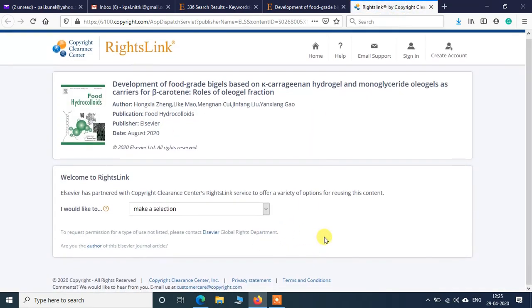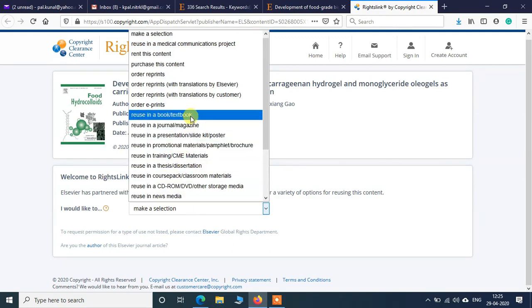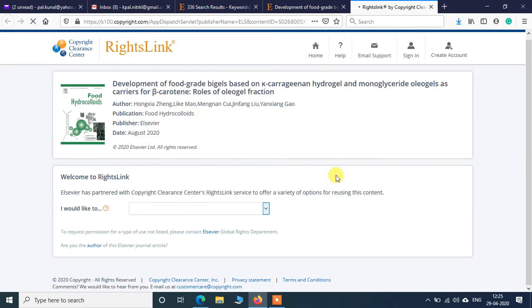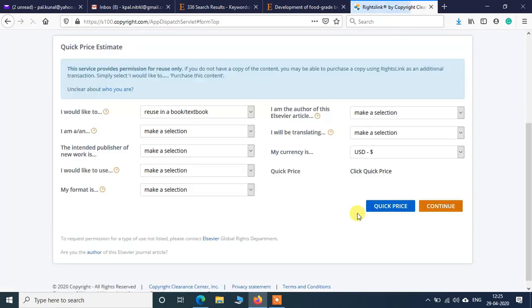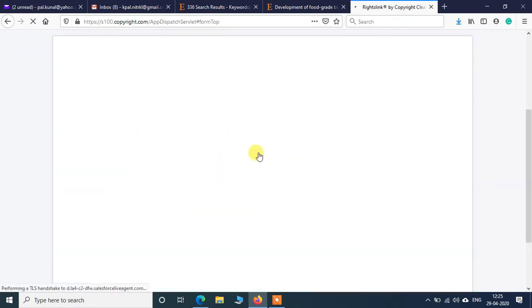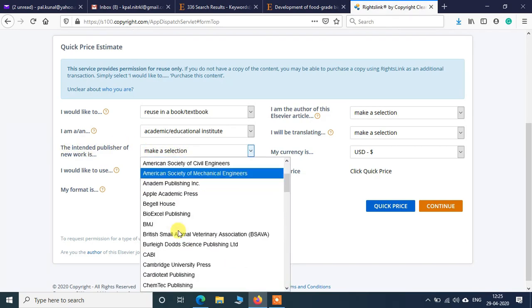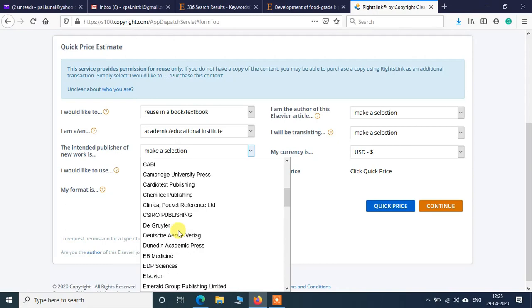A new page opens. Then you have to select what I would like to do over here. So what we want to do is use it in a textbook. Okay, so we will select that. Then over here it is asking, I am an academic or educational institute, the intended publisher of the new work, since we will be publishing the book through Elsevier.